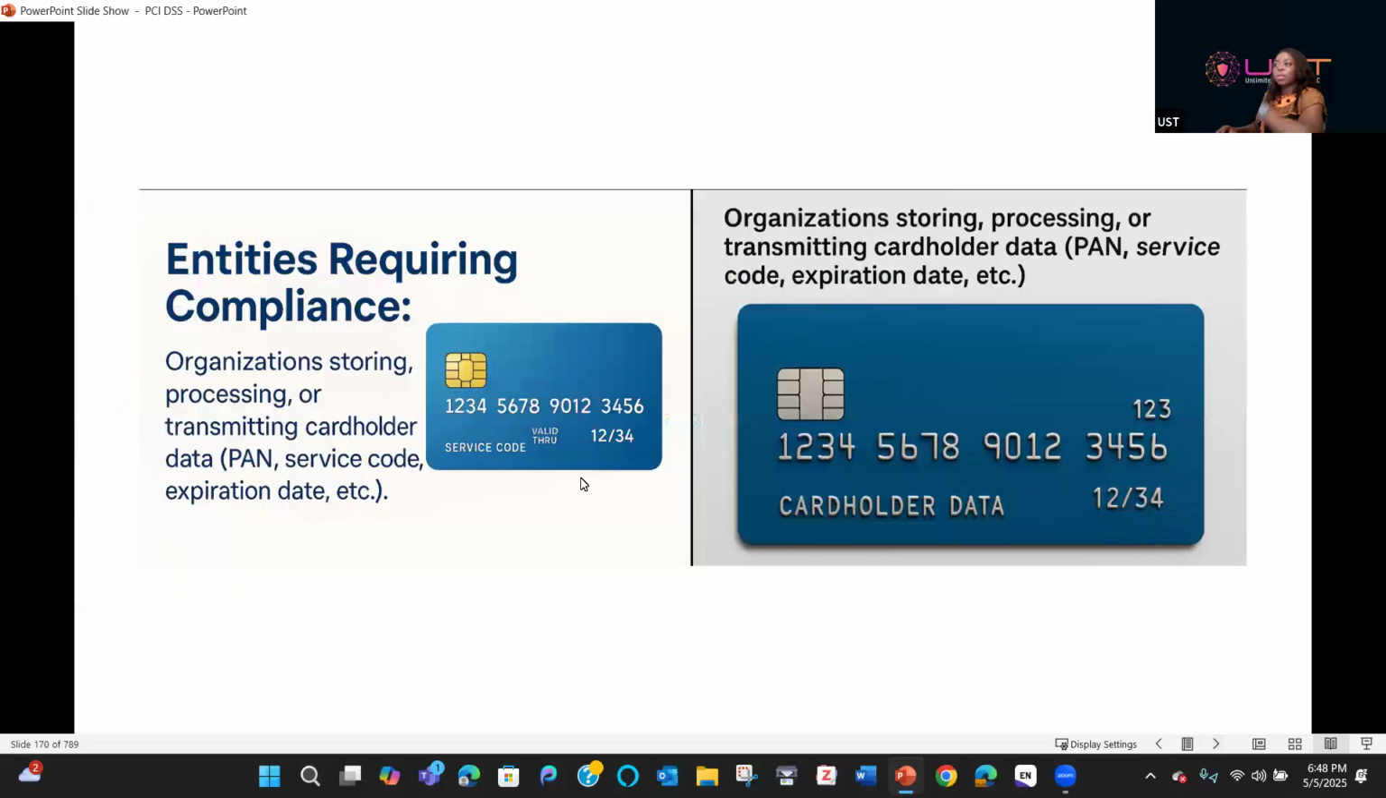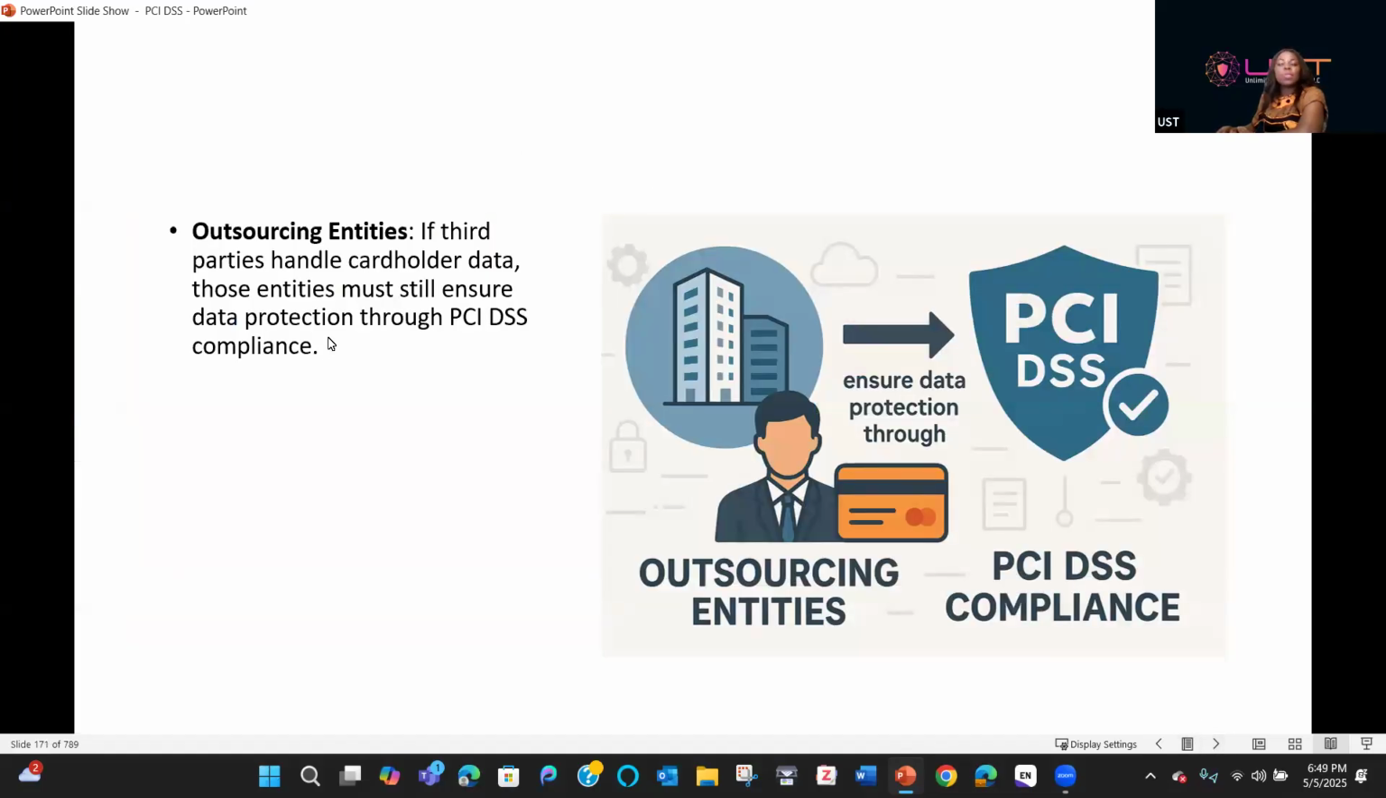And our picture, on the next slide, it definitely covers all what we'll be discussing so far. We already know what the PAN entails, and then we'll talk of the SAD. We already know what that entails as well, right? But what of outsourcing entities? If a third party handles cardholder data, those third parties must still ensure data protection through PCI DSS. And that's why we spent some time discussing processors and all the like, right? Or third-party service providers, right? And that's why if they also handle debit or credit card transactions, then they also need to be in compliance